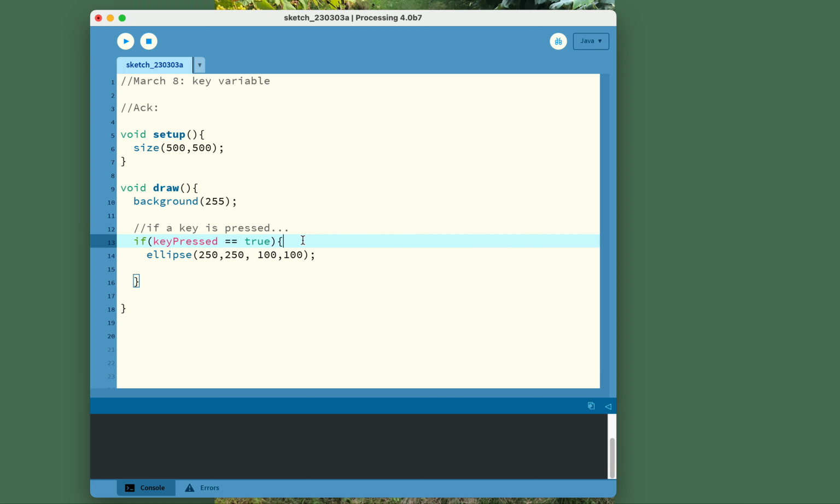Another quick reminder that we talked about only briefly is a shortcut to make this even briefer. The full and complete condition here is checking to see if the Boolean variable keypressed is true, and we use those two equal signs to check to see if two things are equivalent. However, in this case, if we just put if keypressed and left out equals true, Processing understands that it's checking to see if this Boolean variable, which can only be true or false, has become true,